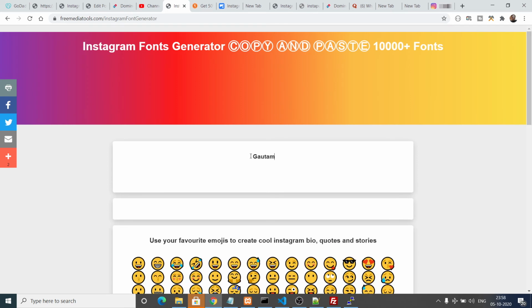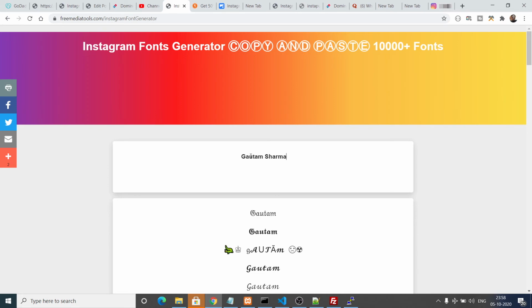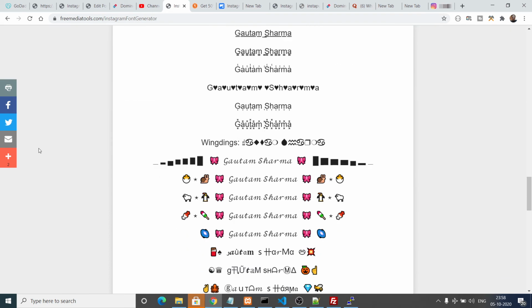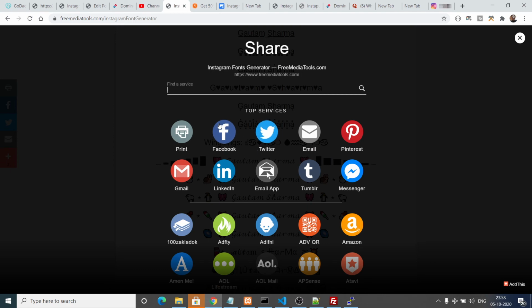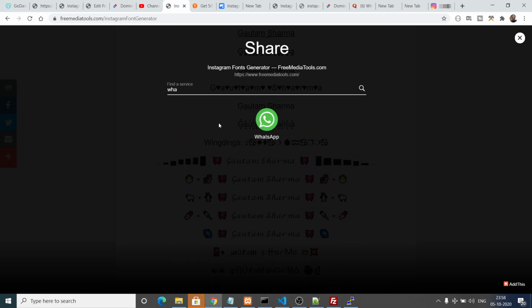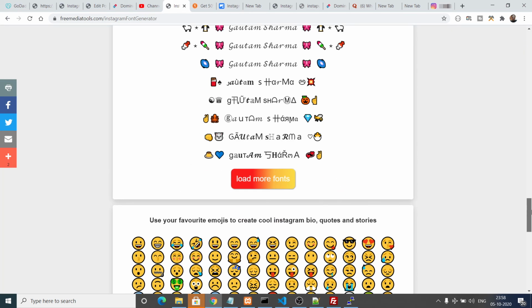So you have seen these websites on the internet a lot, so you can see that. Please share this tool by these arrow buttons. You can share on Facebook, Twitter, and if you click this plus option, you can just load more social networks, and you can even search. Let's suppose I search for WhatsApp. You can even search, share this tool on WhatsApp with your friends. So this is a very handy tool.